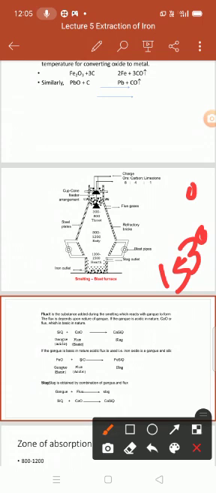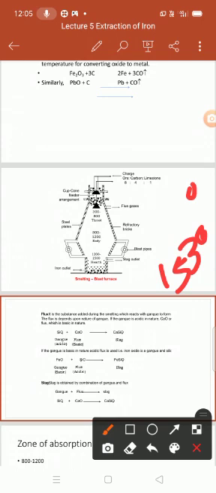The temperature of the blast furnace is not sufficient to melt pure iron, but it is sufficient to melt this impure iron. Therefore, impure iron melts in the zone of fusion and the molten iron trickles down and is collected in the well of the furnace below the tuyeres. This molten iron then goes to the next step, that is the refining step.